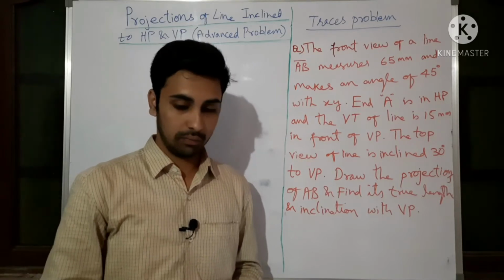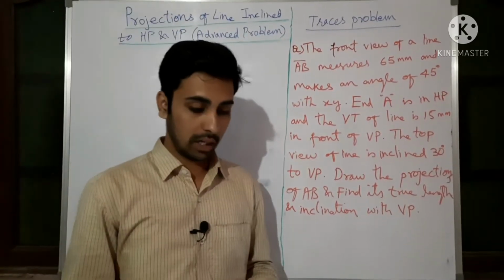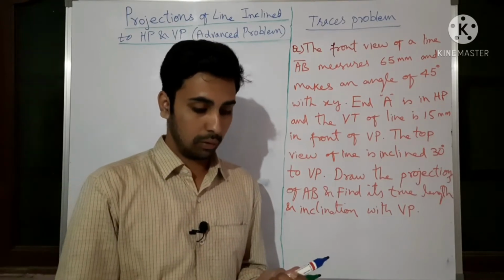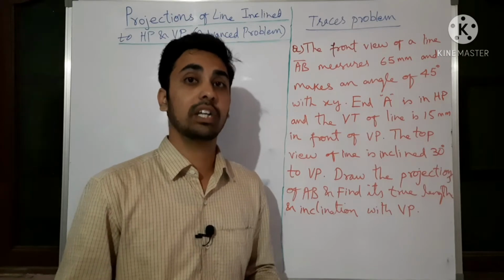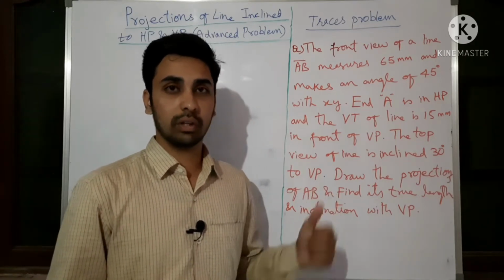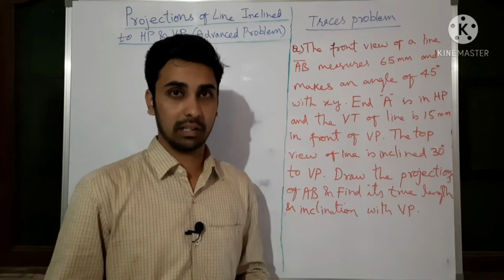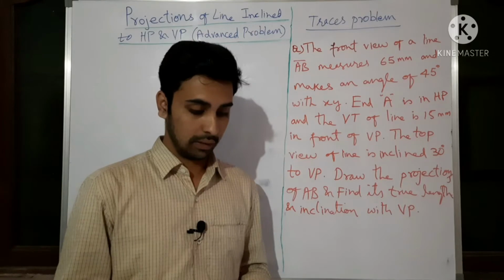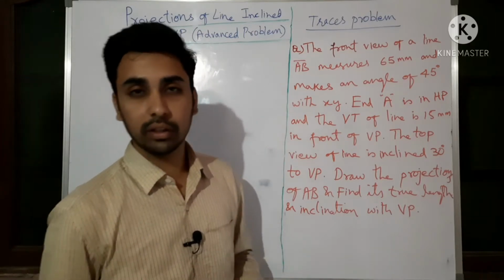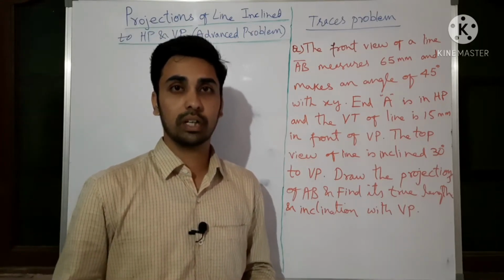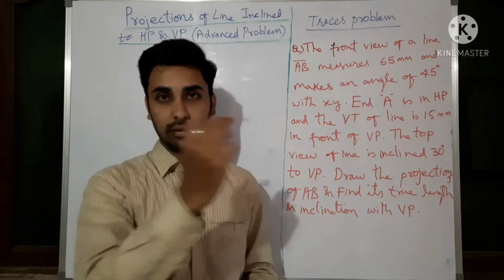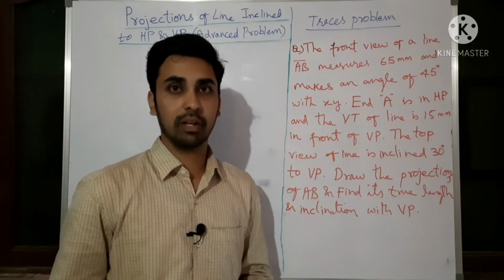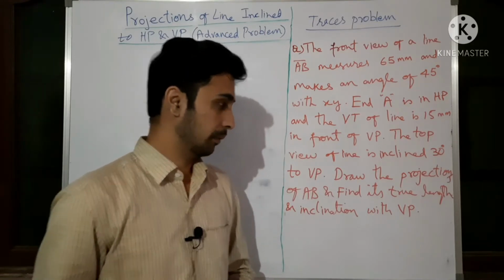Generally, from the examination point of view, those 7 are preferable, or this may also come if and only if traces is included in your syllabus. So this is also important if traces is included in your syllabus. Let us see what the question says. During the problem I will give you one more tip on how we are getting the locus. We will draw the locus up and down side. So why is the locus required and where does it come from? Let us start the problem.